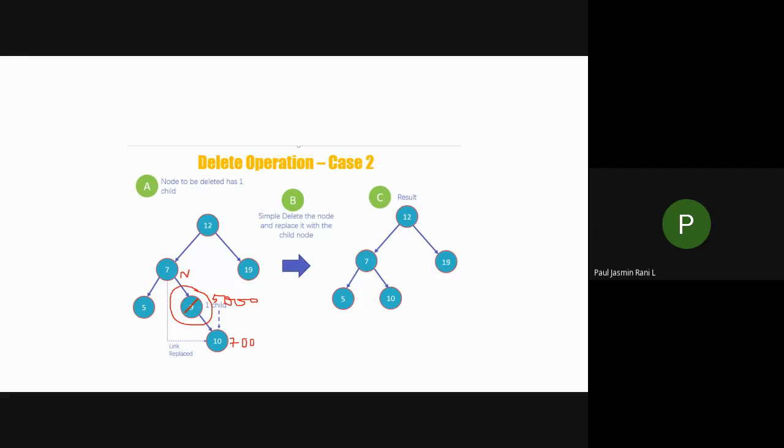Okay, and this 7 node before deletion, what happens? This 7 contains the value 5000. This happens before deletion. If I want to remove this 9, I should not have the 5000 in the place of the right child of node 7, isn't it? So instead of that, I should place the address of 10. So I should place this address, that is 700.